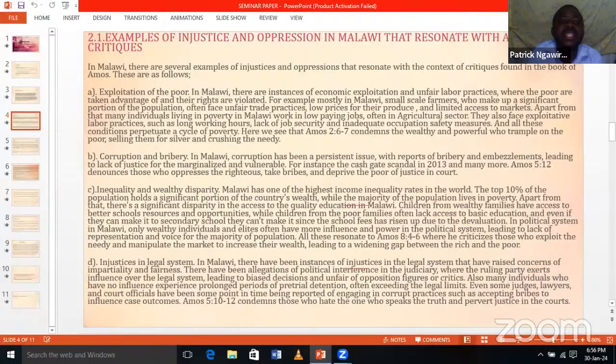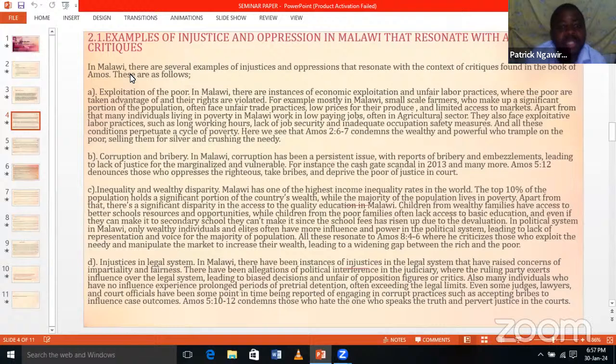There are several examples of injustice and oppression that resonate with the context of the critiques found in the book of Amos. Some of them are as follows. The first example is exploitation of the poor. In Malawi, there are instances of economic exploitation and unfair labor practices where the poor are taken advantage of and